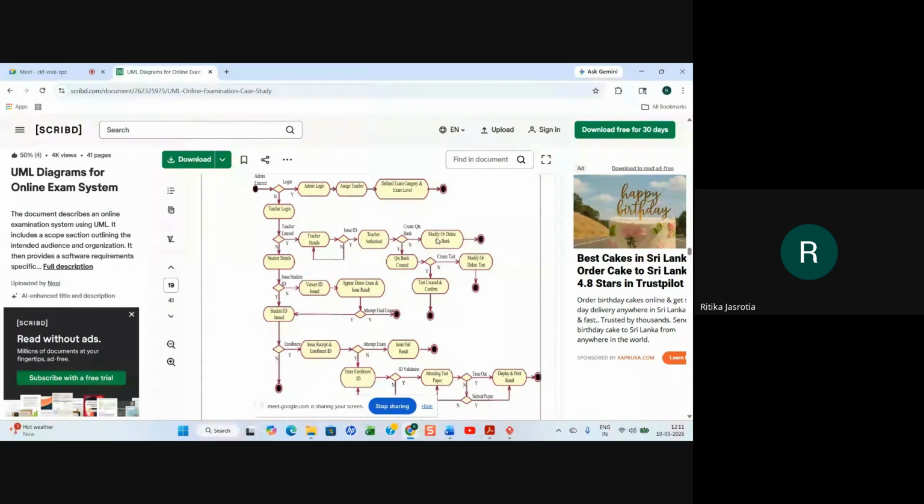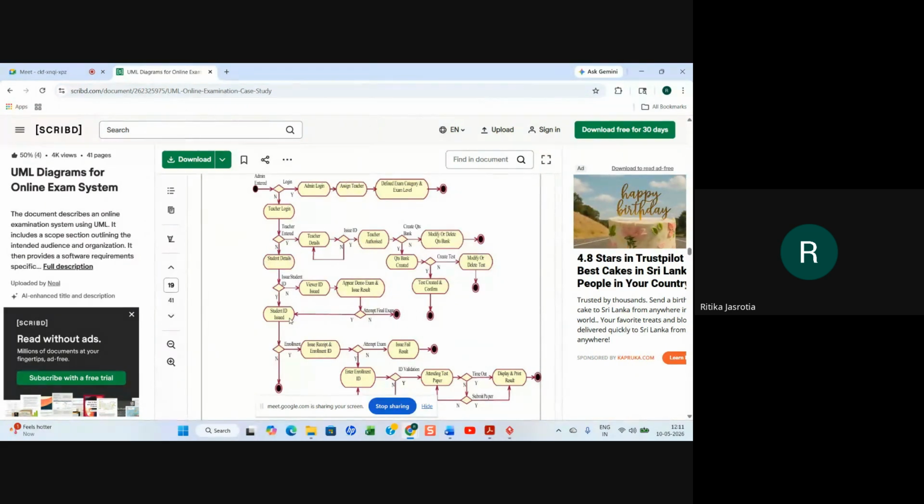question bank, modify or delete question bank, create test, modify or delete test, test created, confirm and stop, and here also stop. They have made multiple stops. You can make one stop also. So if it is not admin login, then it is teacher login. If it is admin login, this is there. If it is teacher login, this is there. If it is student login, then this is there. View ID issued, appear demo exam and issue result, right? Attempt final exam, right? So this kind of thing they have created.